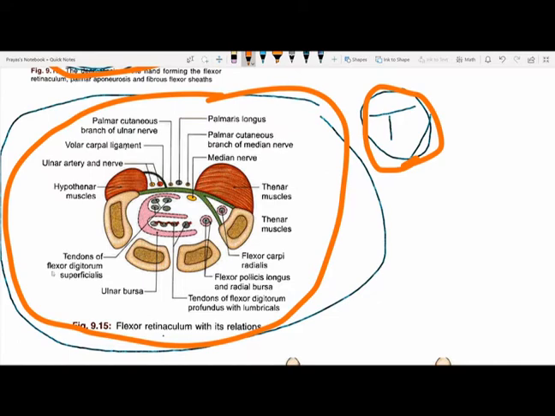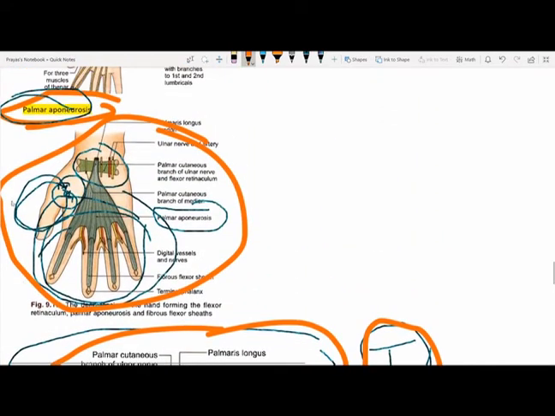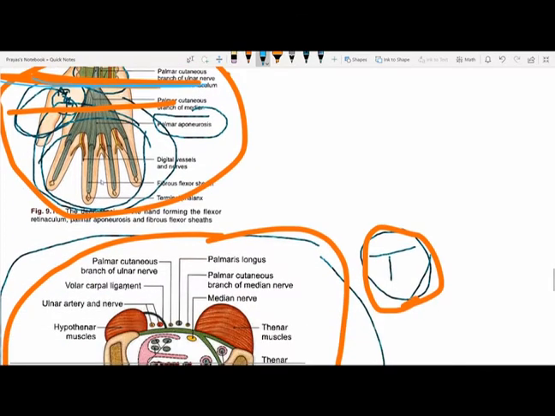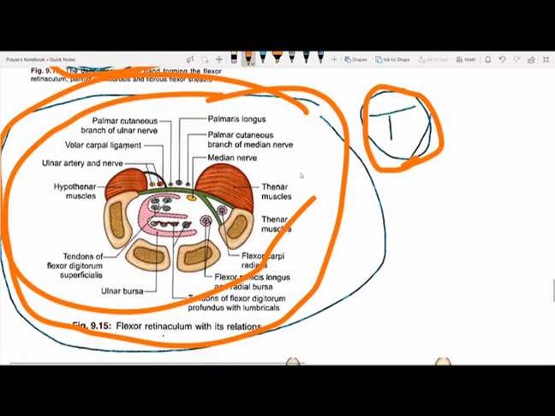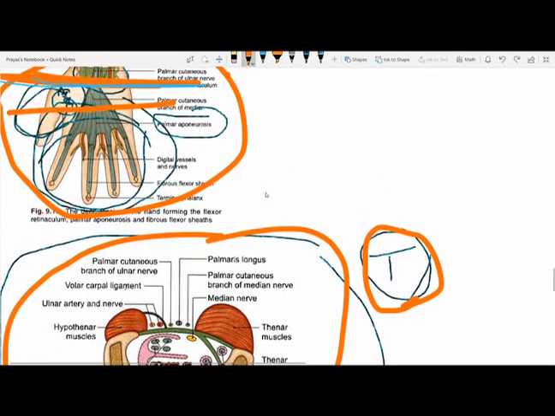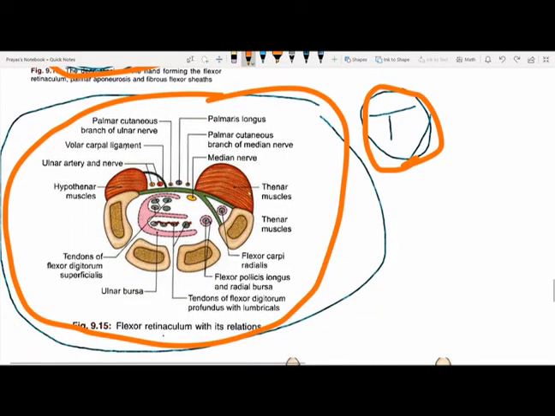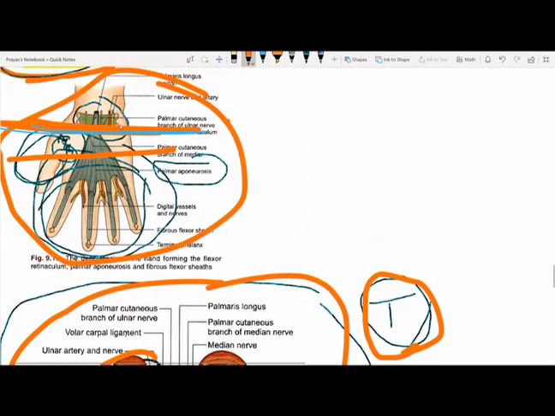So this is the transverse section of your hand. Basically somewhere here. So this is the transverse section of this part, basically. Like cut your hand from this part and view it. So what do we see in the transverse section? A lot of details which I will not go through because it will take too much time, but these are the bones, these are the muscles, this is the aponeurosis,